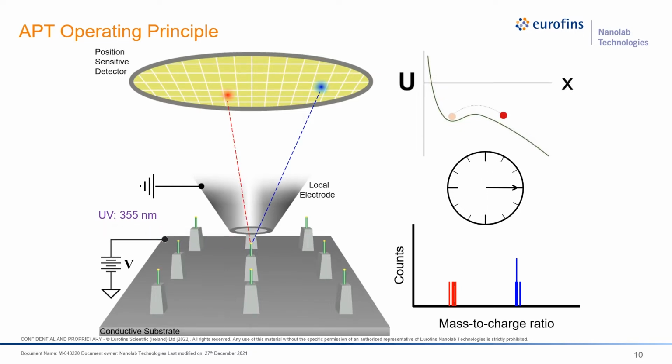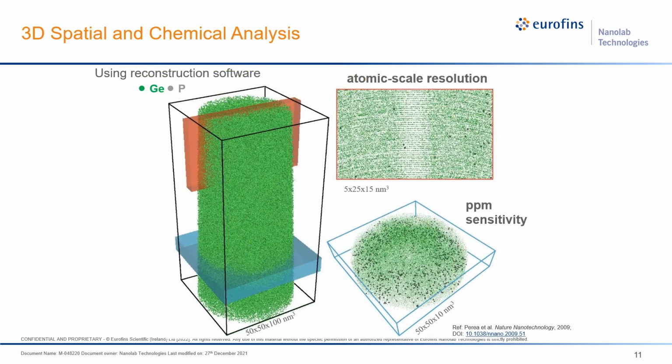The atomic evaporation happens one after another, and the sequence of the ion evaporation is able to give the Z resolution. So together, after the reconstruction process, what we obtain is a true 3D map, a detailed map of the type of ion and its location within the specimen. And you can obtain this with atomic scale resolution, specifically in the Z direction, as well as very high chemical sensitivity down to parts per million, truly at nanoscale volumes. So this is what atom probe